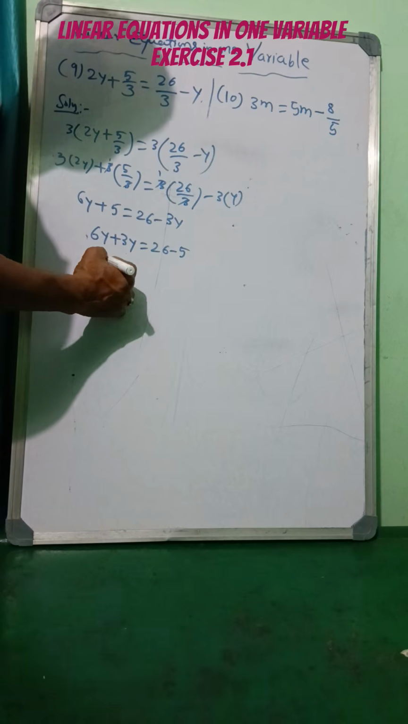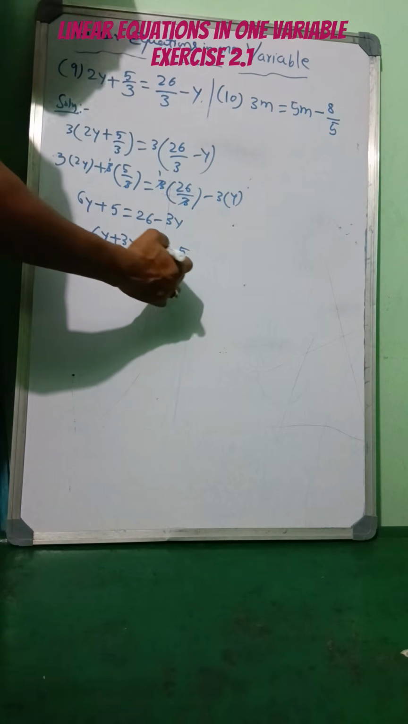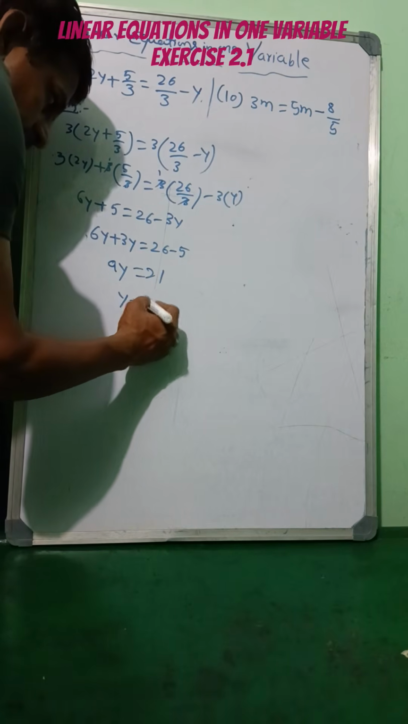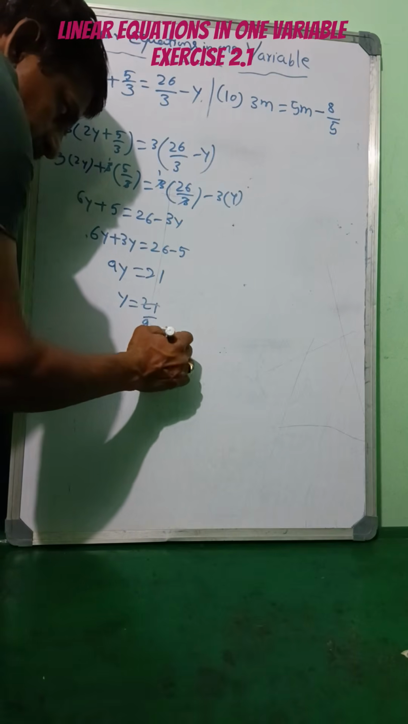So now we get 9y on the LHS, which is added, and on the RHS it is subtracted, for the constant we get 21. So y is equal to 21 by 9, and divide by 3 both, so 3 3 is